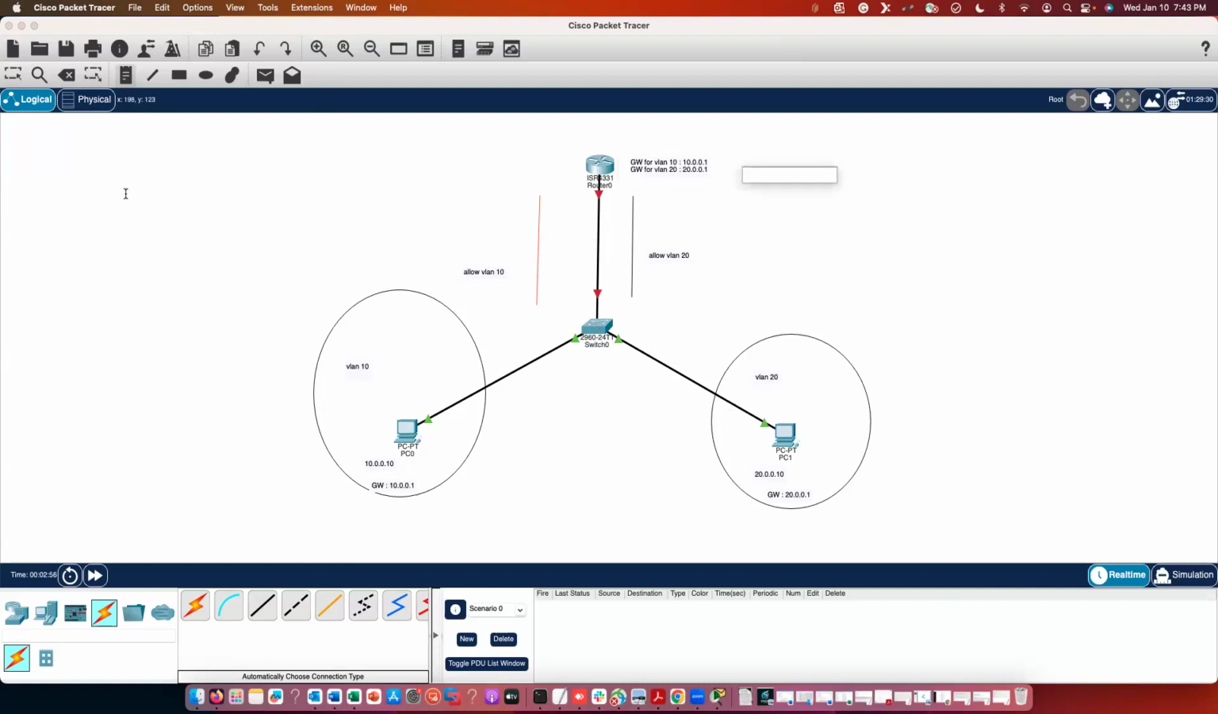Okay. Simple concept, guys. A PC is trying to go outside of its network. So if it wants to go outside of its network, it has to go to its gateway. So think about